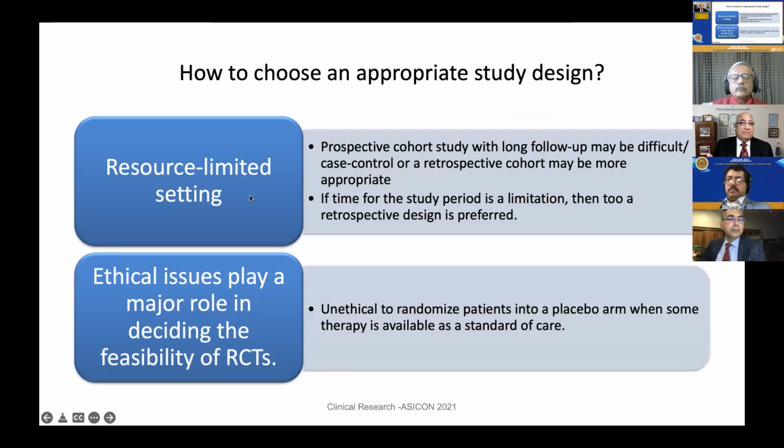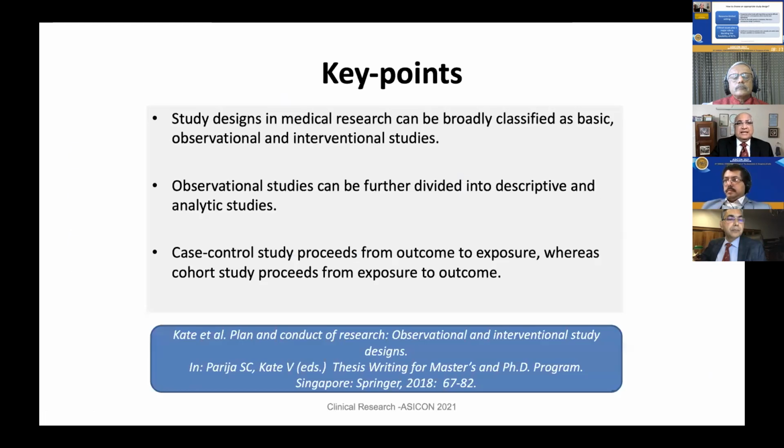Because a cohort study might be difficult, we can heavily depend on the retrospective design. Ethical issues are the major problem. Just now we had Dr. Ramanuj mentioning the ethical issues in the examples he gave. In those circumstances, naturally RCTs become a big problem. So better to depend on observational studies. With observational studies, the ethics committee will immediately pass it, because in observation we are a bystander and not doing anything.